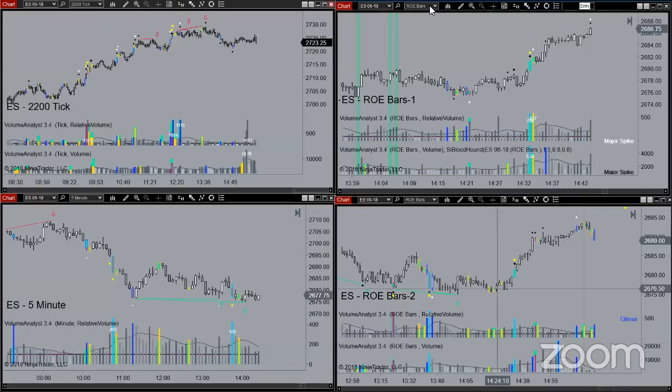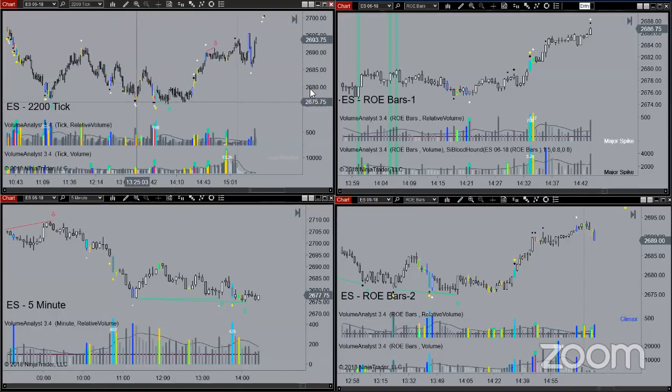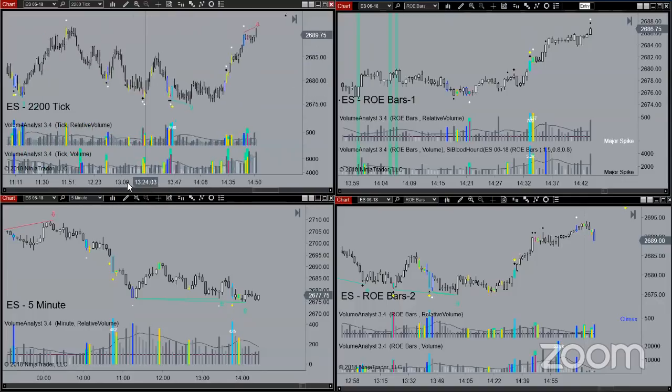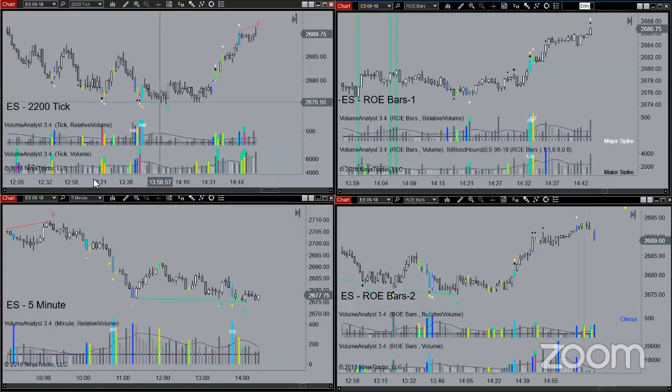So I actually bought one at 26.76 and the other one at 26.75 right there. And then of course it goes right up from there. So let's see, at that low, which was final here, we've got volume divergence on the 2,200 tick